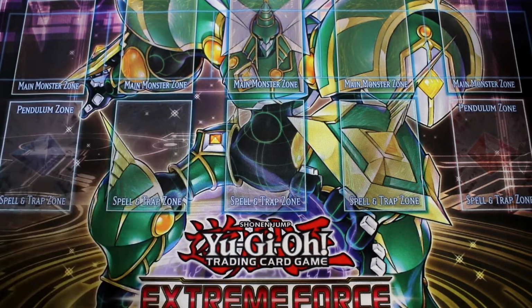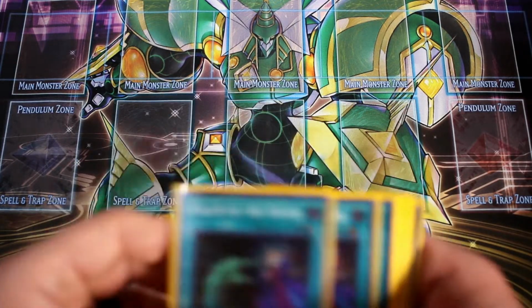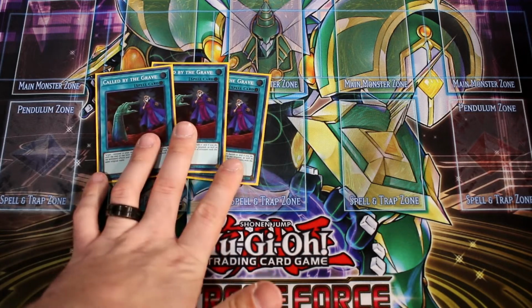You can replace these if you'd rather have effect veilers, or if you'd rather run infinite permanents, go ahead and run those as well. All right, going into the spells, we have 3 Called by the Grave. A very strong card. Like I said, do not facilitate your Rescue Cats, or try not to